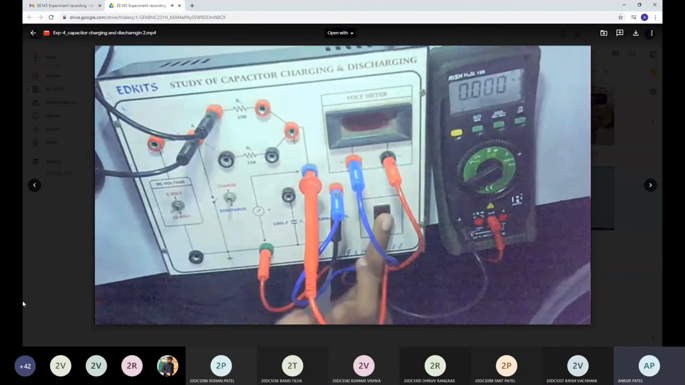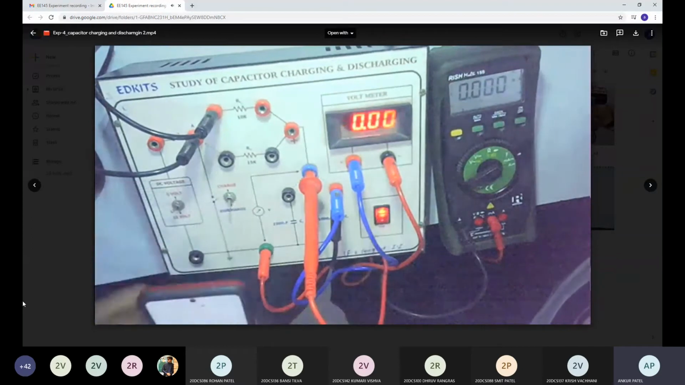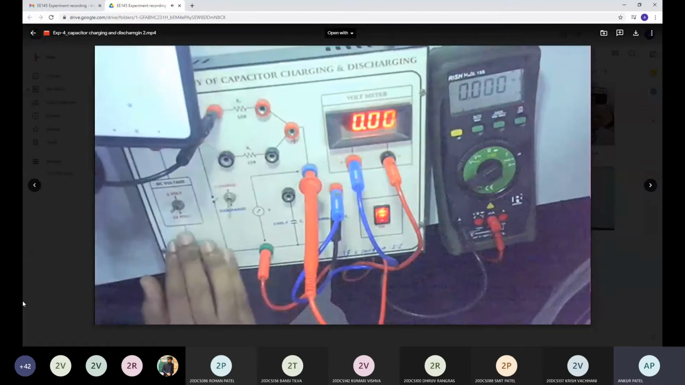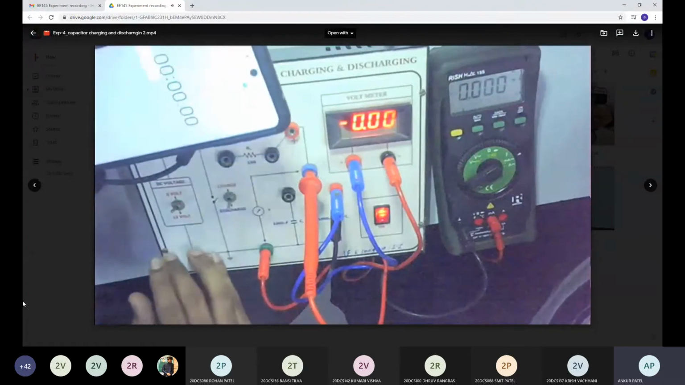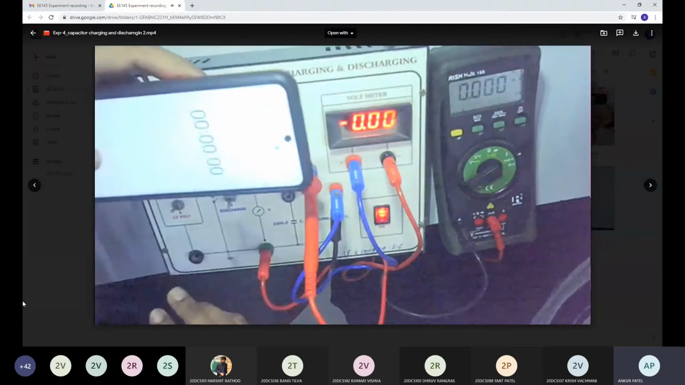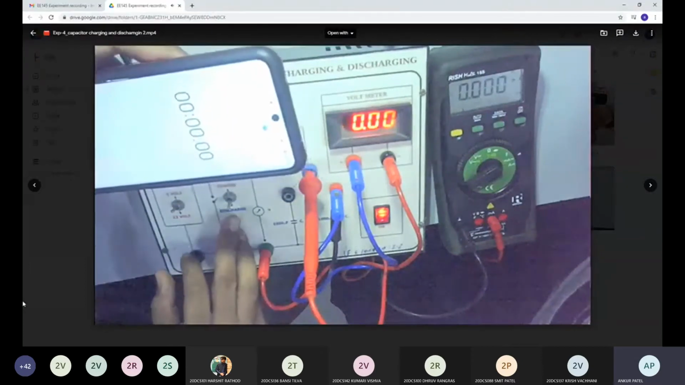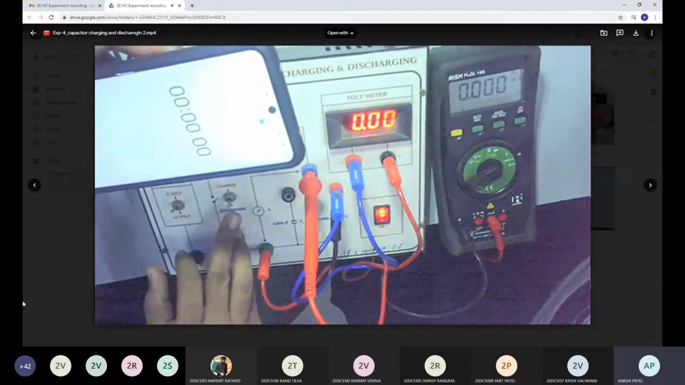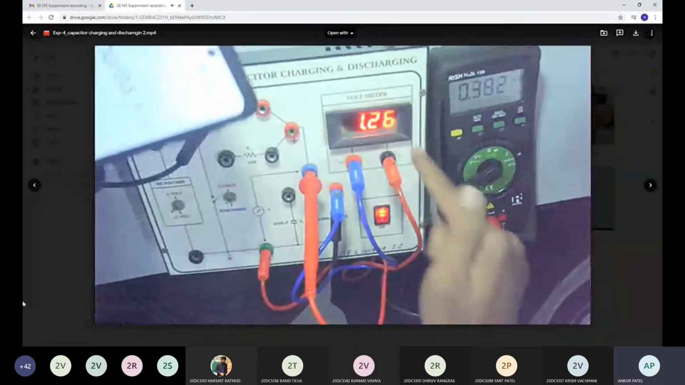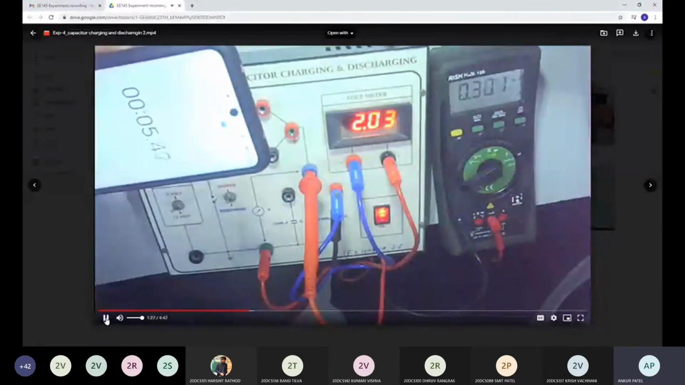Start the switch of the kit, and simultaneously start this stopwatch. Also you can connect to the charging mode. Like this, and see the reading. Your voltage is increased. This inbuilt voltmeter shows your voltage, which will gradually increase,